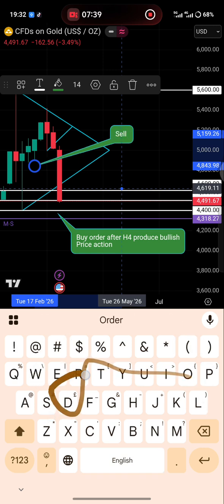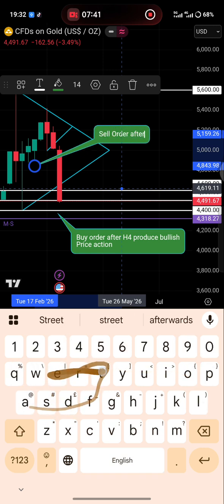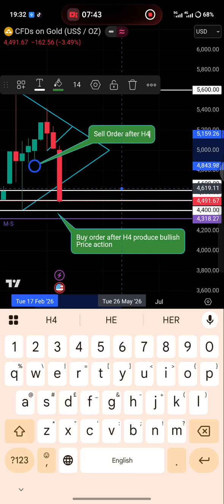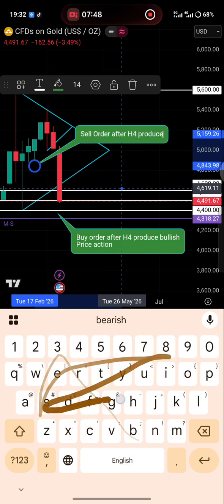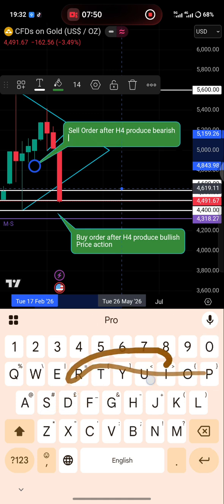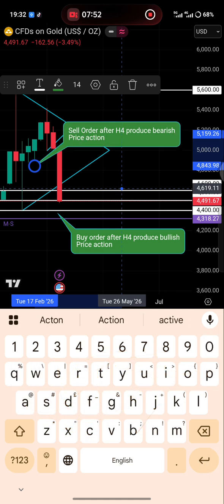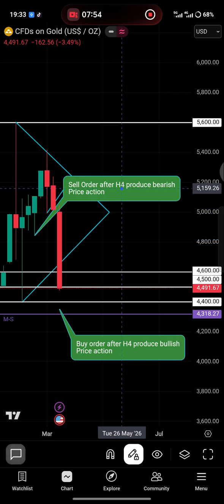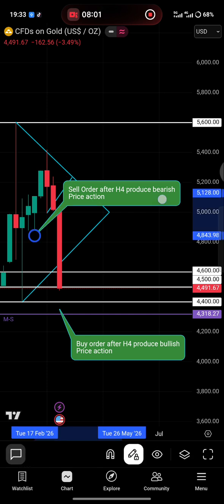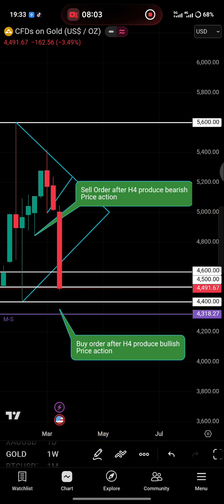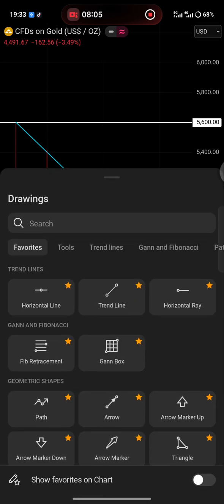Sell order after H4 produce bearish price action, which means we have got the best possible spot to enter a position right now, but not the best spot right yet. We need to wait until a bullish or a bearish price action is produced, either on